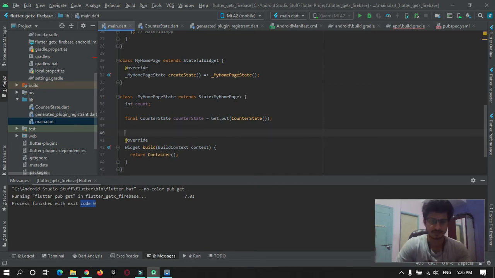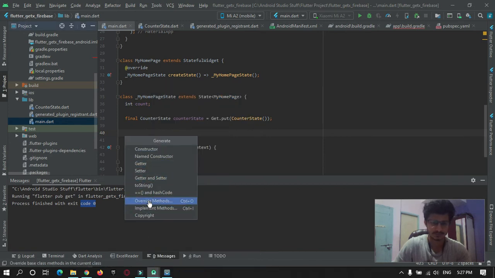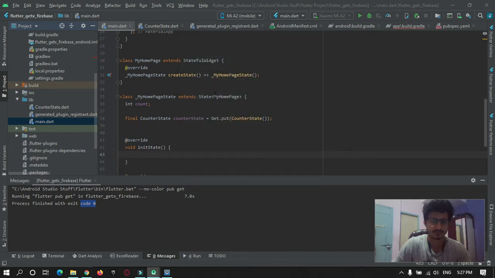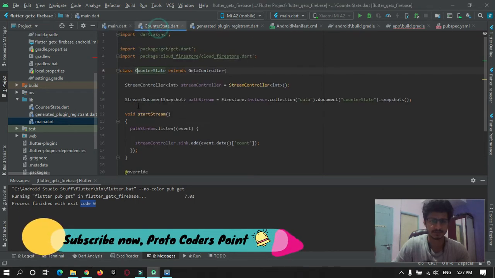Then here create an init method, override initState, and in the init method you just need to call the start stream.